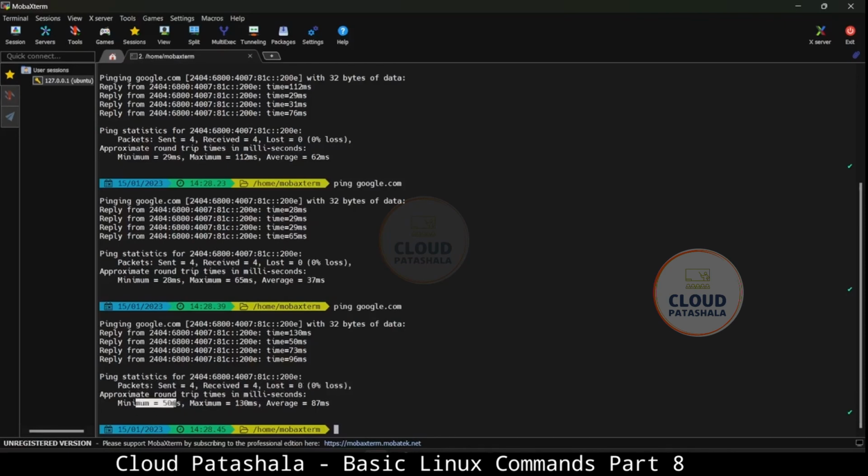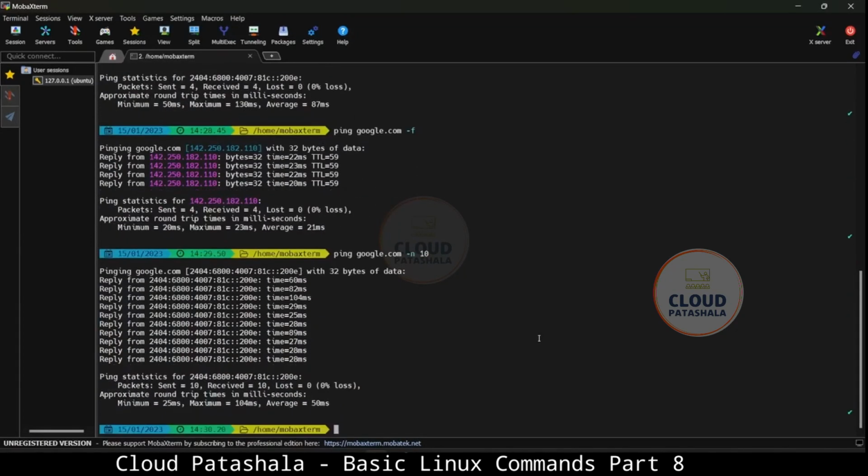The approximate round trip time in milliseconds: the minimum is 50 milliseconds and the maximum was 130 milliseconds. The average for all the 4 comes out to be 87 milliseconds. So this is basically about the ping command. Now if I want to run the ping command for a consecutive 10 times, what I can do is